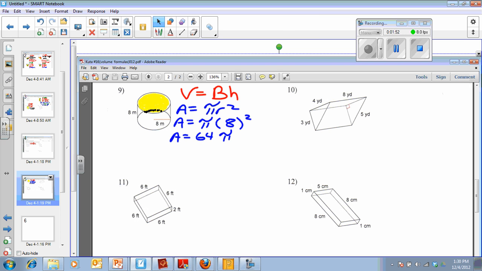When I do this on my calculator, and I'm not really going to round right now, I get about 201.1. So I'm going to say my area is 201.1. Well, now that I found the area of the base, I'm going to substitute that back into the volume formula. So the area of my base was